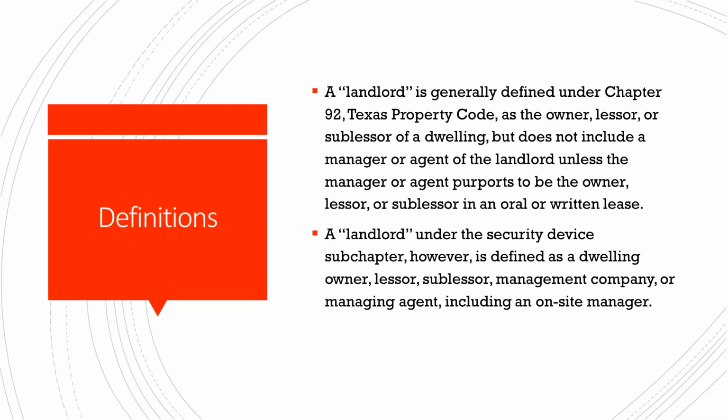What's different or unique about the security device subchapter, however, is that it has its own definition of landlord, and it's defined as a dwelling owner, lessor, sublessor, management company, or managing agent, including an on-site manager. So you can have liability as a property manager under the security device subchapter because you can be considered the